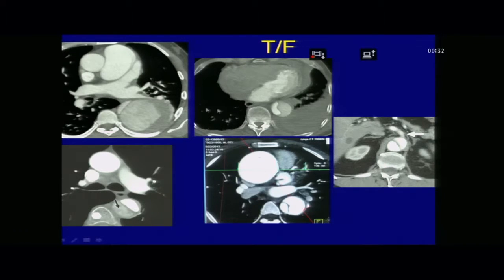Okay, look at this case. This is actually a complicated case. This is a complication. Actually the aorta has ruptured. You can see there is a lot of pleural fluid. There is pericardial effusion. This is a patient who actually will go for an immediate intervention. So tell me, which is this lumen? False lumen. Why?